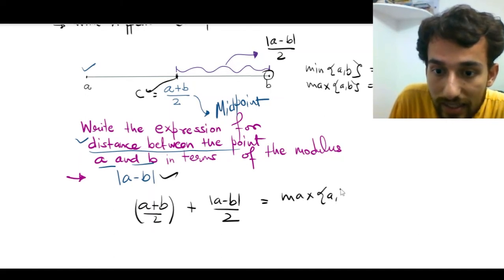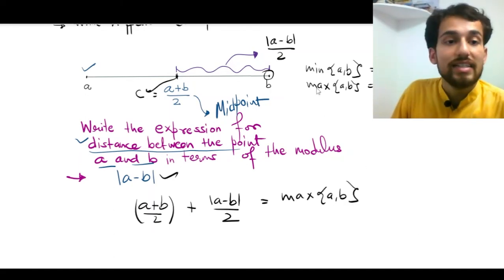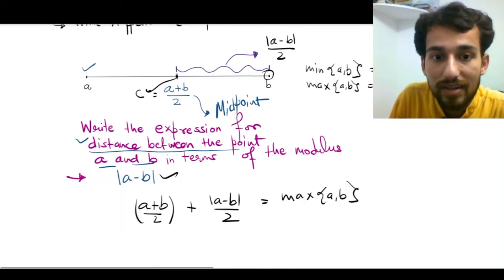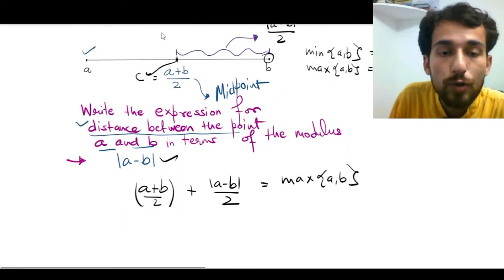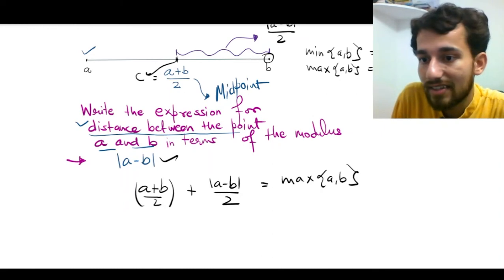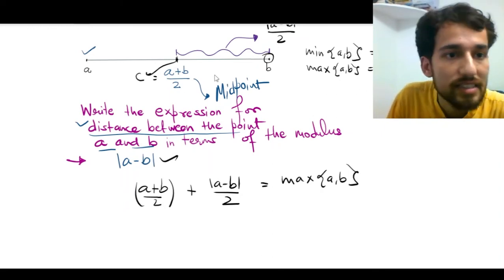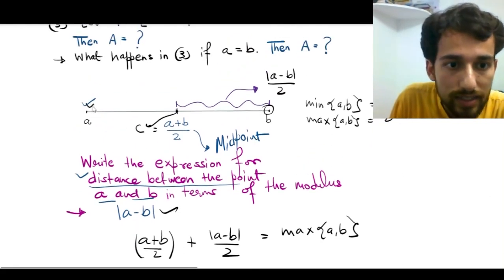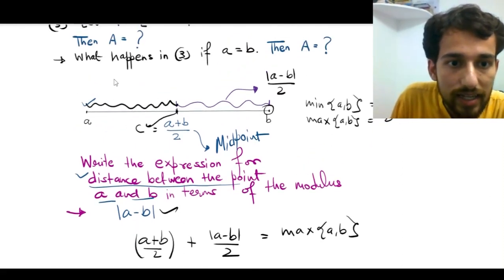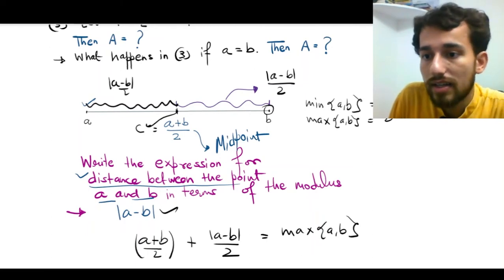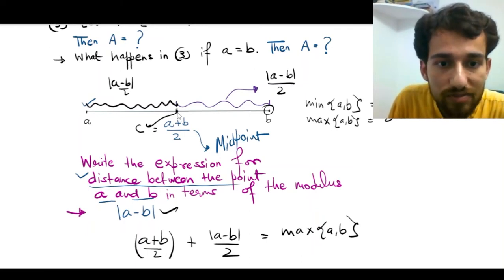तो ये क्वांटिटी किसके बराबर हो जाएगी, मैक्सिमम ऑफ A एंड B। Similarly, you can easily now find what will be the minimum. It's quite clear now. If you subtract this half, this distance on the right half is same as the distance on the left. Let me just write it here over this one. यहाँ से लेके जो यहाँ तक का distance है, this is simply again this distance, modulus of a minus b by 2. Now, if you subtract this distance from this point,